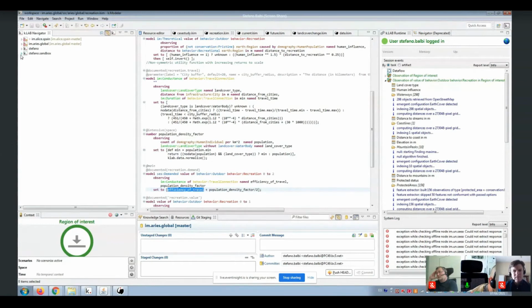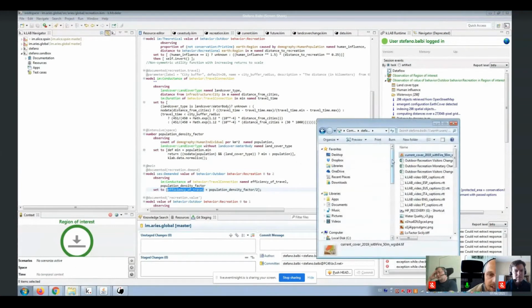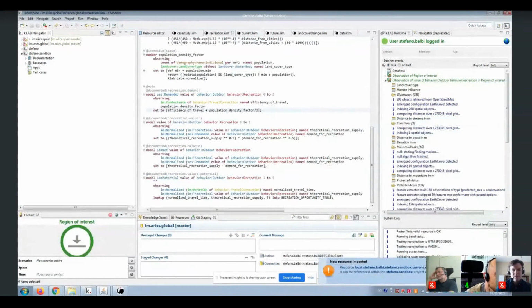Now, it comes with some default, let's say, sections. I need one section to import the data layer, which is the resources. And I also will create another section for adding the semantic annotation. So imagine if I have a layer in a folder like this. This is the land cover, a TIFF file. I drag and drop it on the resources. And the system is telling me that now we have a new resource under the resources. This is the name of the file.